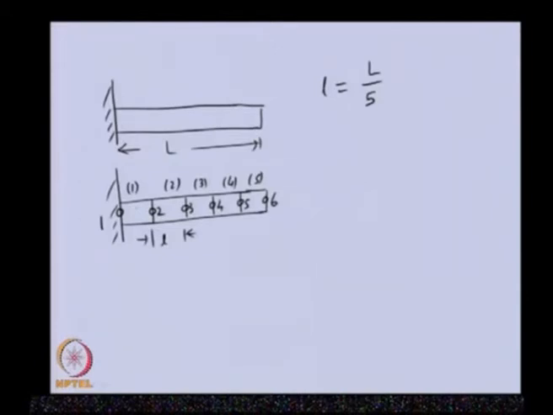And if we want to develop the elemental equation, we can take one representative element and draw the free body diagram of it. So, let us say this is one of the elements, I will enlarge it. Let us say this is the eth element, and to define the location of this element, I am attaching a coordinate system which we call the local coordinate system.